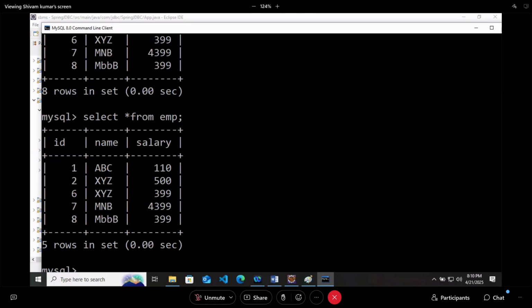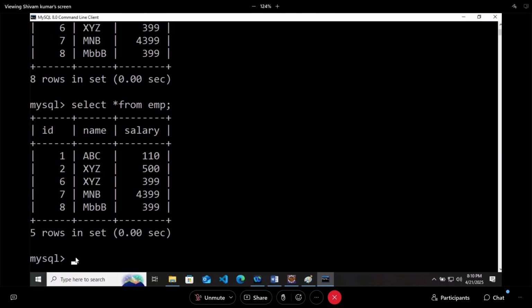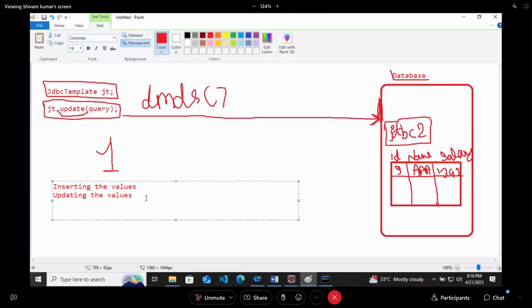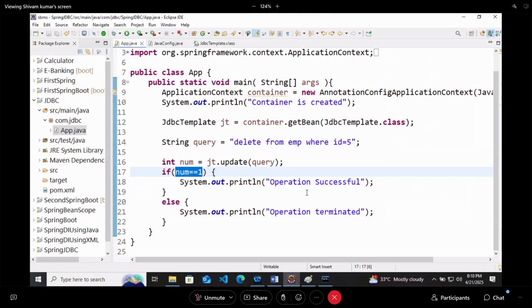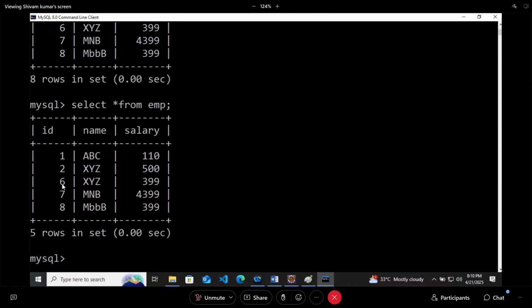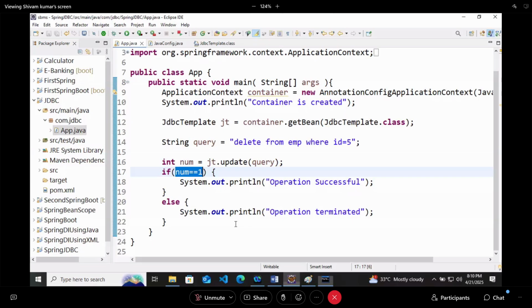What does it mean? It means that destruction is always opposite. Whenever you are performing a deletion operation, let's try to do it again. This time I will delete the employee with id 6, and we are not accepting this value anywhere.